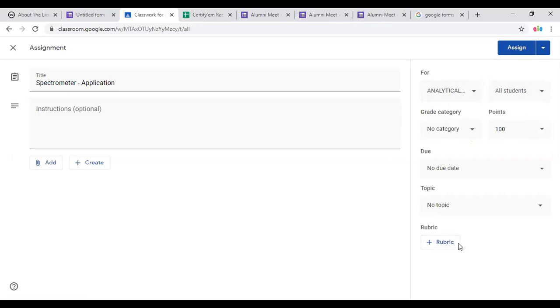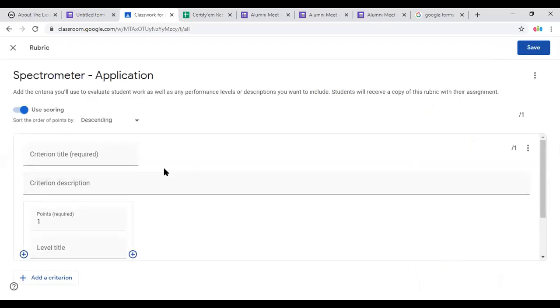Second interesting feature is the rubrics. So normally we don't worry about rubrics, but rubrics play a very important role when you're going to assess. So I'll just click on plus rubric, create a rubric. So this is the process in which your work will be scrutinized. I'm going to give the criterion by which my assignment will be under scrutiny.